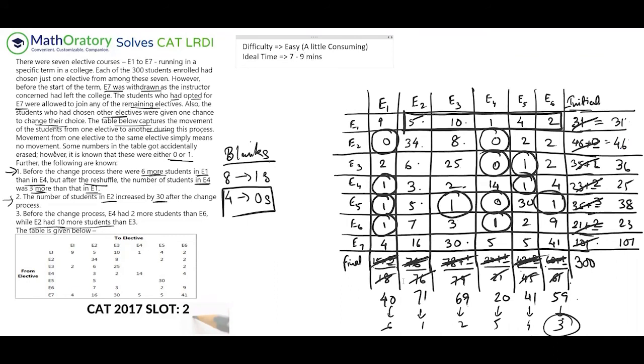The only reason being it depends on how comfortable you are with matrices and all. Because if you don't mark these kind of circles that I did in this set, you might mess up these columns and row totals, and you might not be analyzing them properly. So identifying the key factors in a set are also very important. This is something we actually talked about in our LR strategy session. So if you have not watched the video, just go to the channel and watch it. I have uploaded it there.